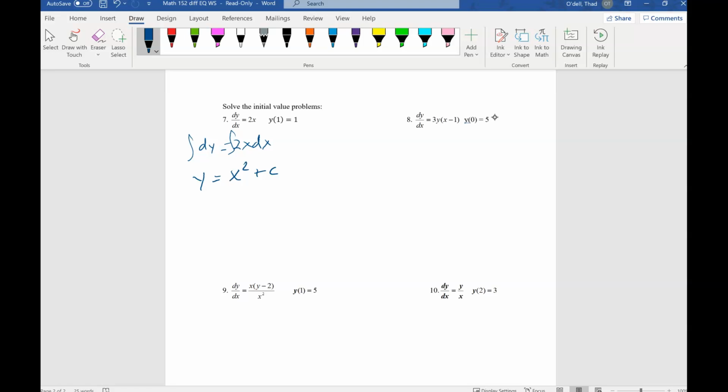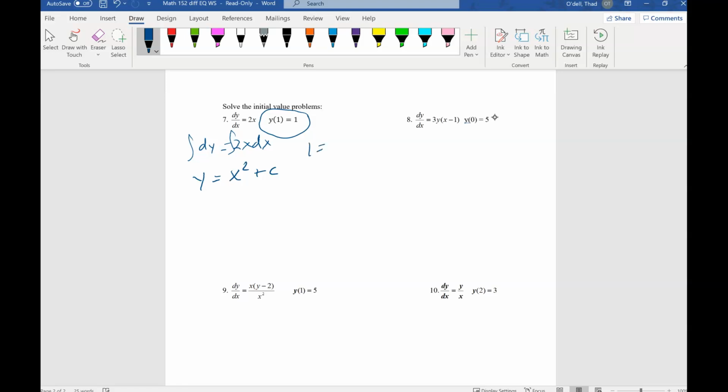In the previous problems, that was the end of the problem, because we got y by itself, and this is just a general form. So if you think about it, this represents a family of solutions, because I could replace c with any number, and it would work for that differential equation. But what we're saying is we want a specific one from that family that when you plug in 1, you get out 1. So that means I can say, let's say that y is equal